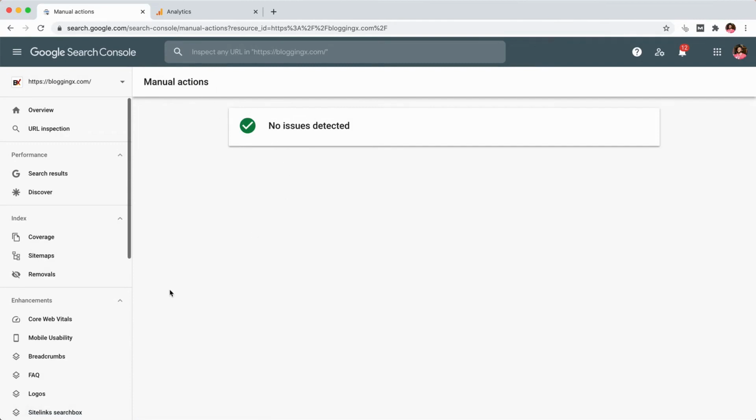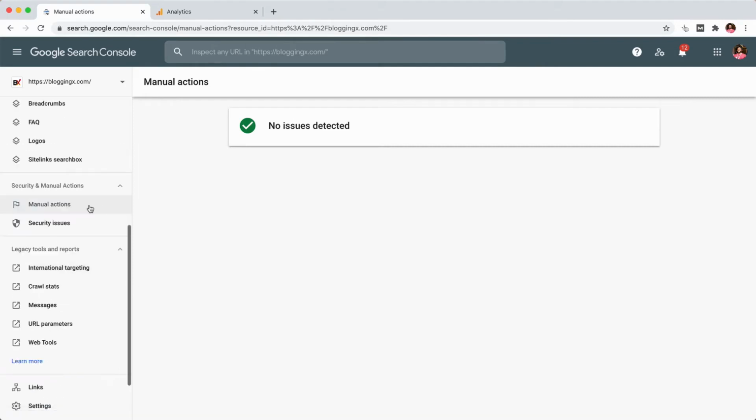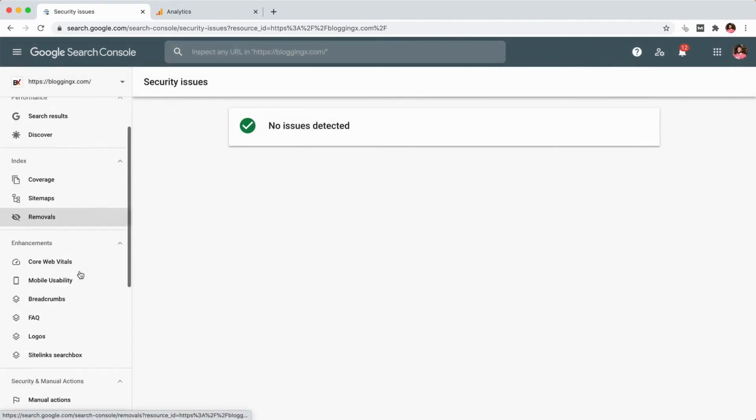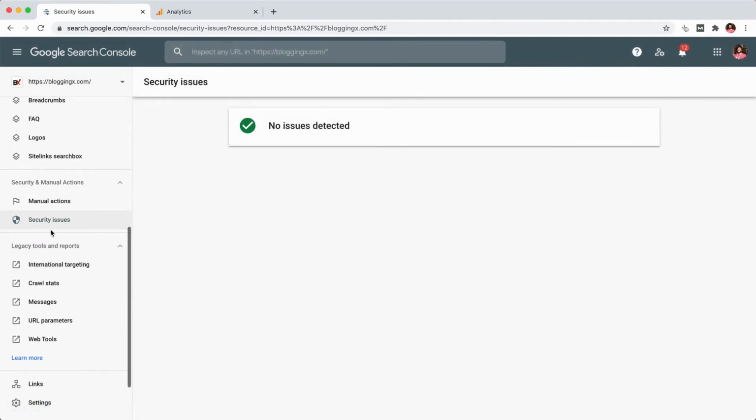So when you encounter any loss in traffic, the first thing that you need to do is check whether Google has imposed any penalty or manual action on your site. If you are following the best SEO practices and not into black hat link building like PBNs and all, you will be good to go, I guess. And you have the security issues section here in case your website has been hacked, then you will be able to see it here. Security issues will not be an issue if you are with a good host, with good malware scanning and backup measures, and you are not using any nulled plugins or themes, right?